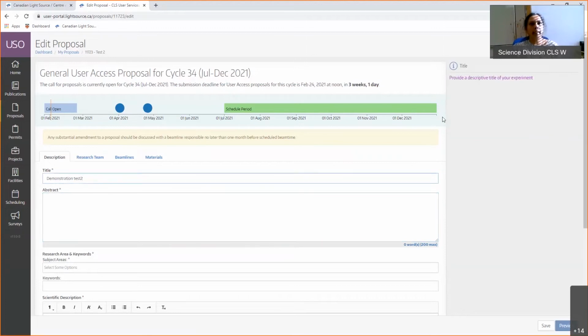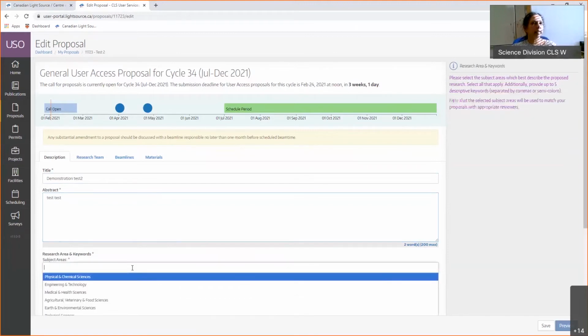So for title, they say provide a descriptive title for the abstract. So this is where you have to say what problem you are going to solve, how you are going to solve it, and what the impact will be, in a short summary. And that is word limited. Lots of the fields are word limited. So here the maximum is 200 words. When you type, it will count the words. So that is very handy. It will tell you how you can make it very concise and nice writing.